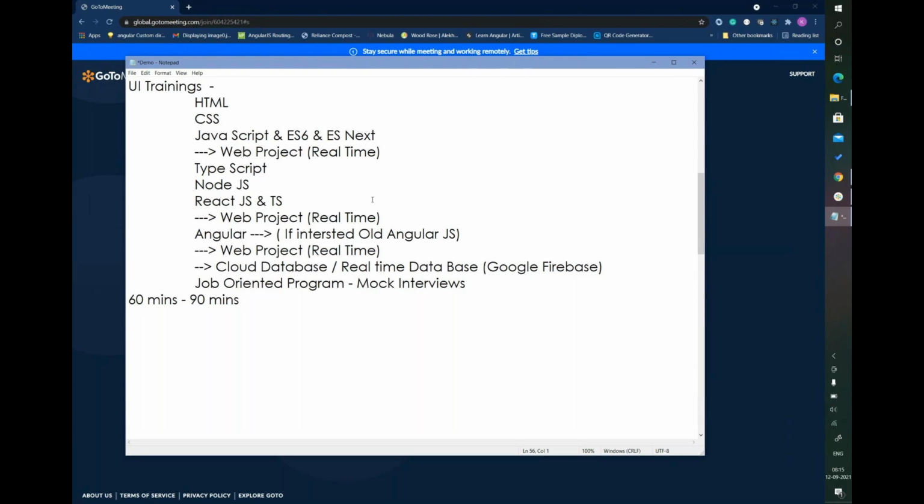After completing our Angular course, we can have a web project based on a real-time scenario. This is another project we can do with Angular. Then you can see the difference between how you develop the project in React and how you can make use of Angular to develop a web project.